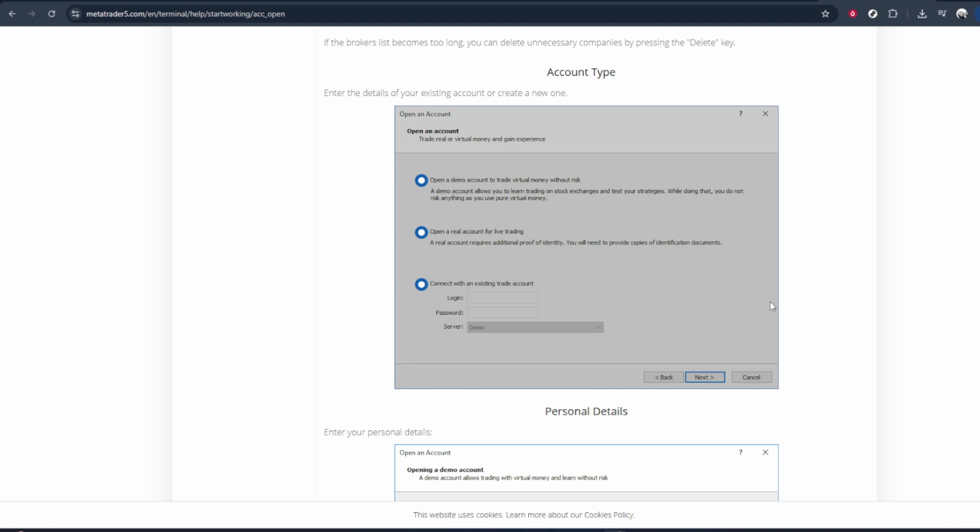MetaTrader 5 will now open for the first time. When it starts, it may automatically prompt you to open a new account or connect to a trading server. Simply follow the on-screen prompts. You'll typically be asked to choose between opening a demo account or a real account, and then select a broker or server. For a real account, pick the appropriate real trading server from the list and enter the login details provided by your broker. Carefully follow each instruction on the screen, and once you have completed those steps,